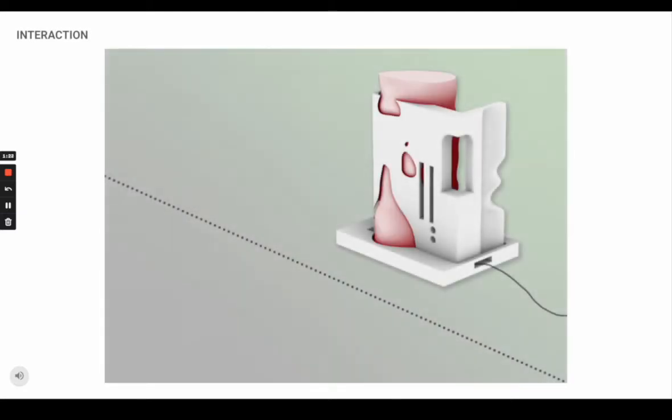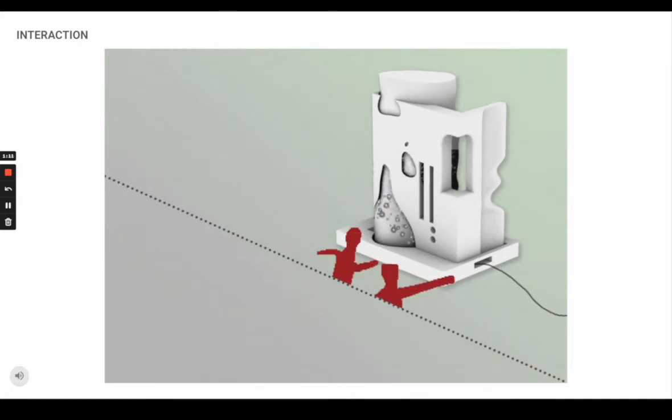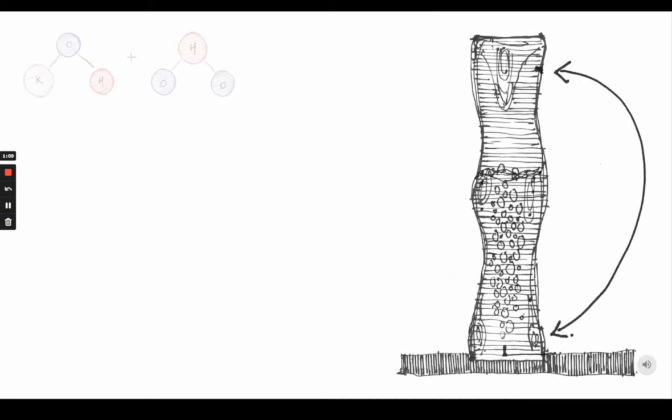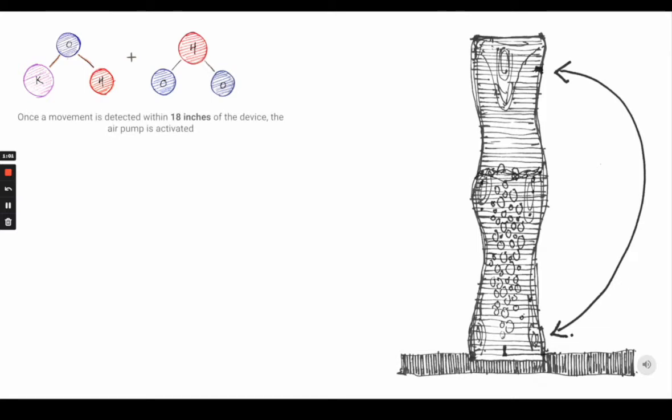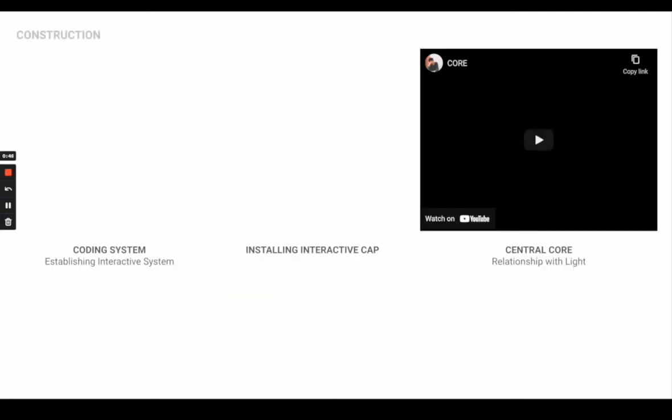The following diagram gives an idea of how interaction induces carbon sequestration, an experiential aspect of the bubbling water sound, and the visual effect. The mixture is of potassium hydroxide and water. As the bubbling starts, the air molecules are pushed into the core where carbon dioxide bonds with KOH. This binding isolates the carbon within the core, reducing the ppm levels of the carbon dioxide within the core. The more people interact, the more carbon is isolated.